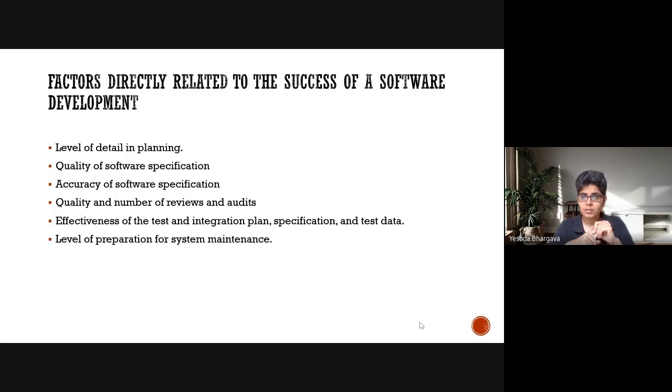Then again, the quality of your thinking, and the neatness in your thinking, that you put in before you actually go to the implementation stage are considerable determinants of the success of a software development. Also the accuracy with which you have specified your requirements in the software, and the number of meetings you're holding with your stakeholders and clients.